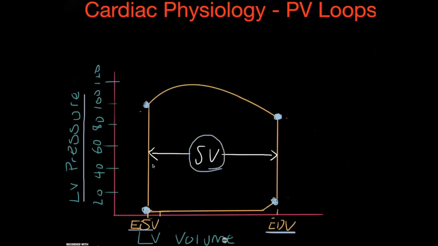Okay, so let's start by getting our pressure volume loop up on the screen. We've got it right there. Essentially what we're seeing is this loop, and on the y-axis we've got the left ventricular pressure, and on the x-axis we've got the left ventricular volume. In between, we've got this end systolic volume right here, and then we've got the end diastolic volume right here. So what happens is, as the cardiac cycle runs, after the end of the contraction,